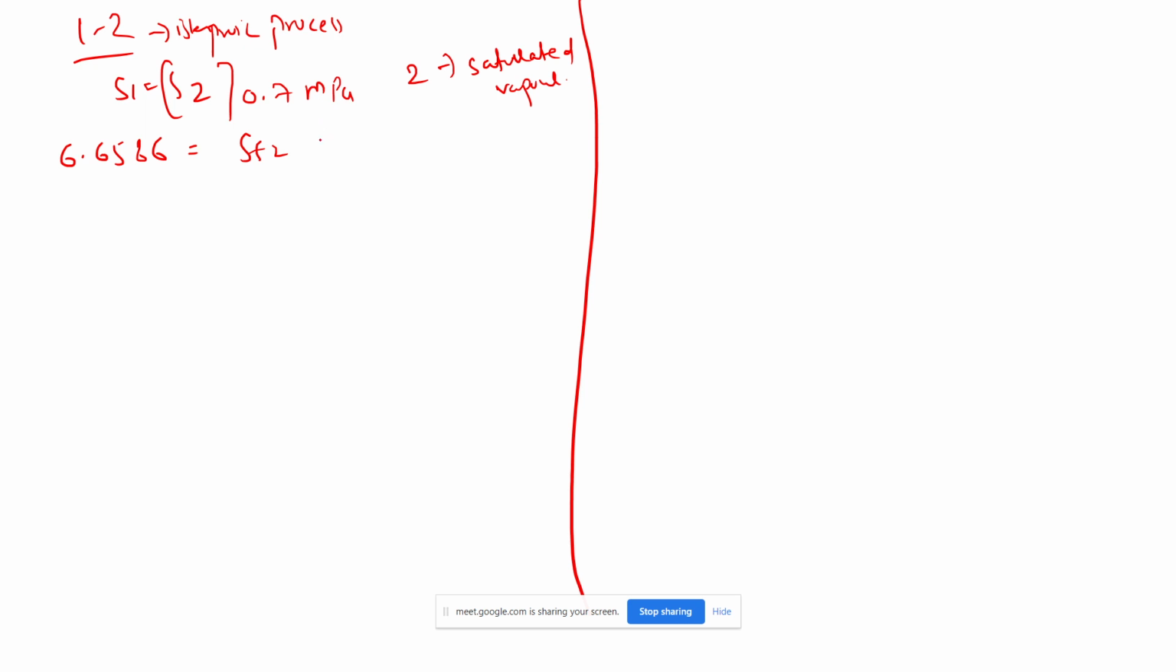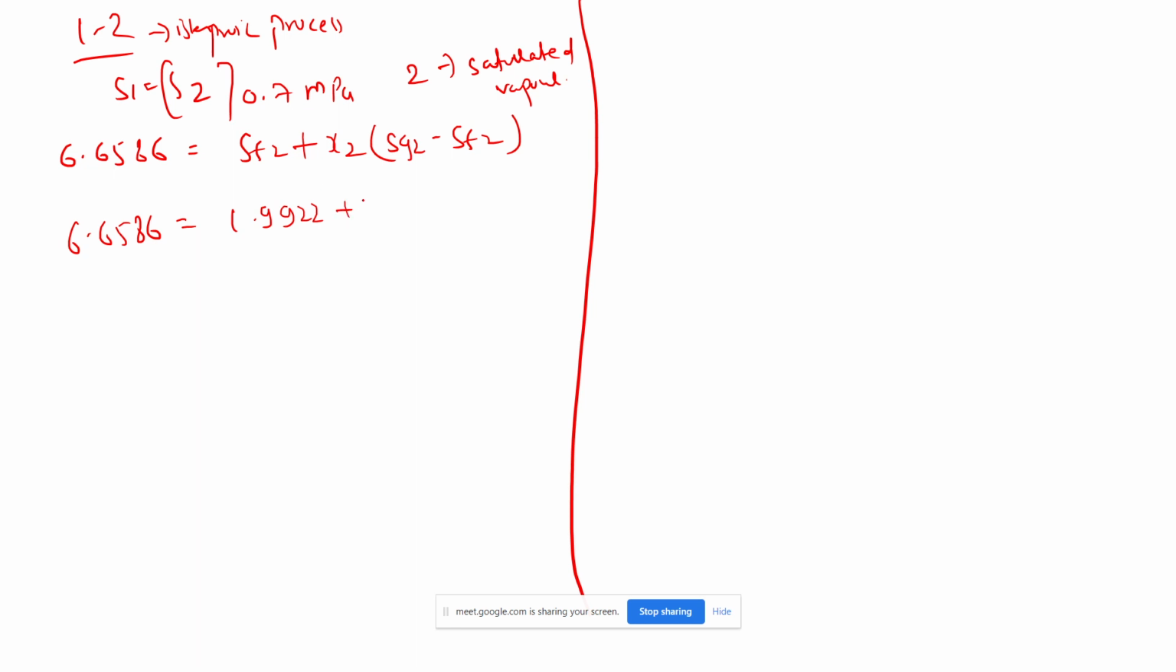So first we have to calculate the dryness fraction at point 2. What will be the dryness fraction for that? Sg2 minus Sf2. These values Sf and Sg2 have already been given in the question. From here, we first calculate the dryness fraction at point 2, based on which we can assess the quality of the steam after the expansion in